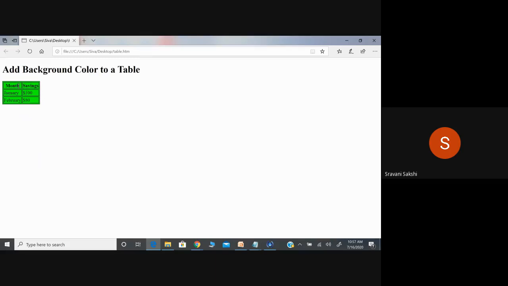As I have not mentioned the position of the table, it has taken the left alignment. If you want it in the middle, you can define it in the middle. If you want it on the right side, you can give the alignment to the right side.